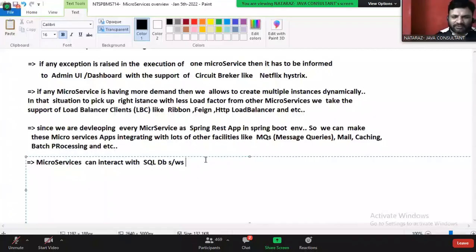Microservices can interact with SQL database software using Spring Data JPA.